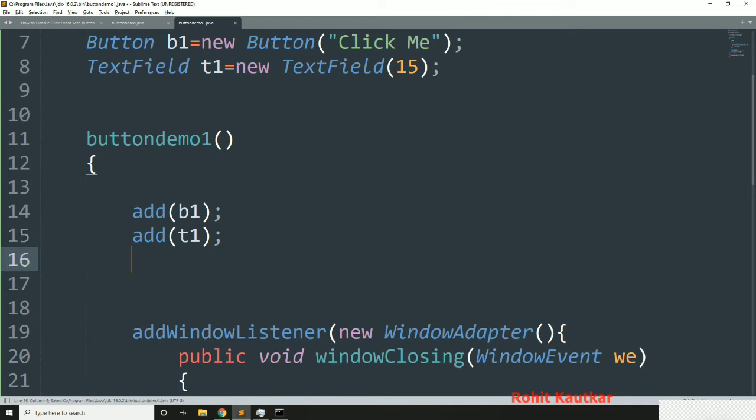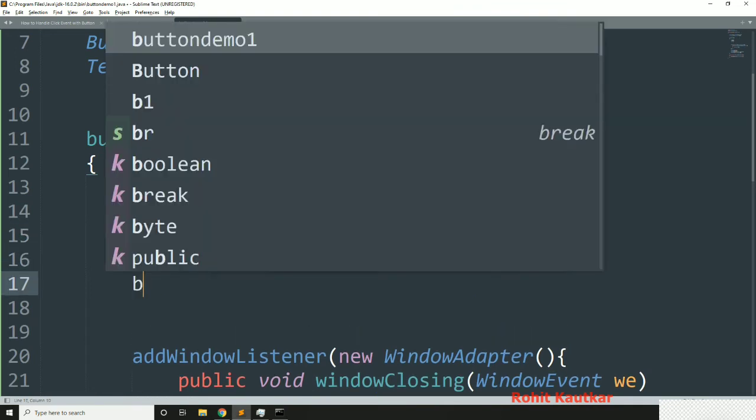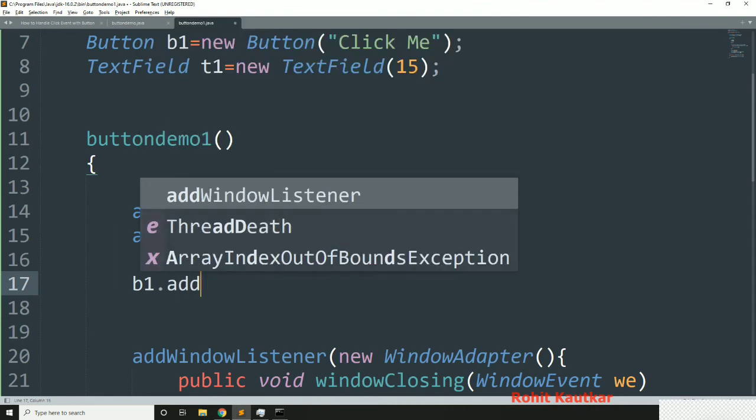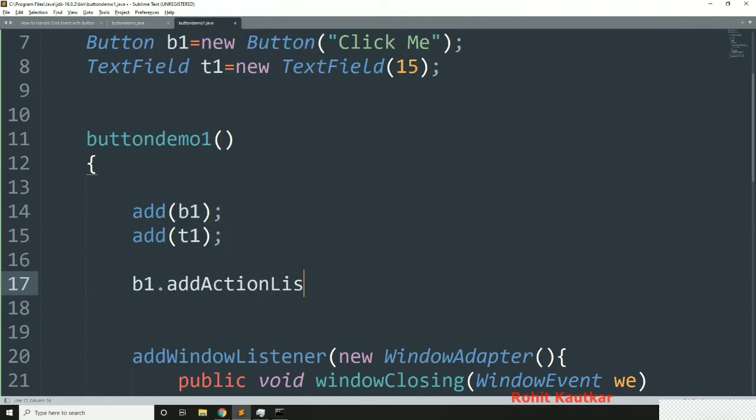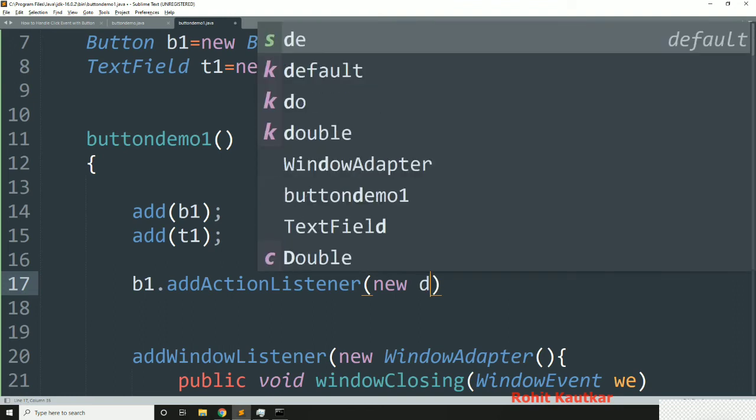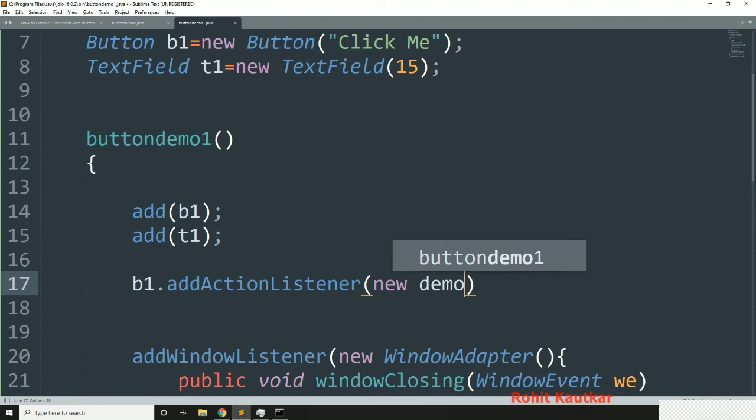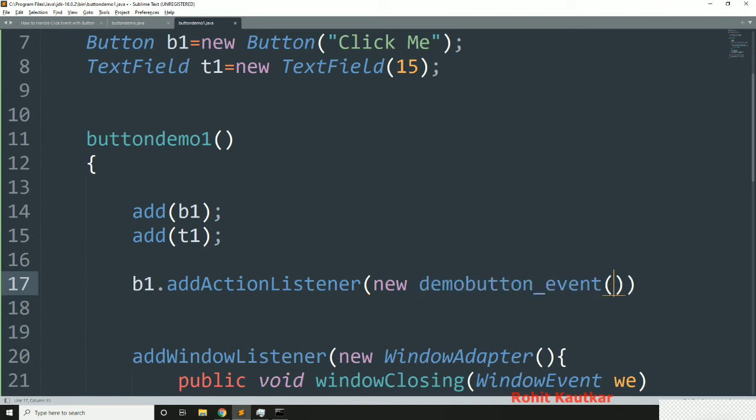Now after adding this, I will write b1.addActionListener, and here I will pass the object of a new class in which I am going to implement my action listener interface. So let's say DemoButtonEvent is my class name.